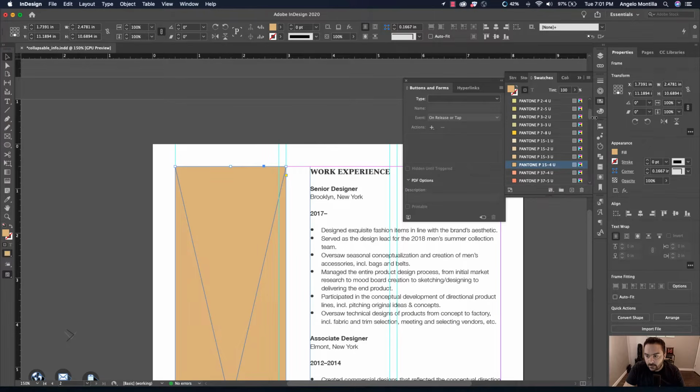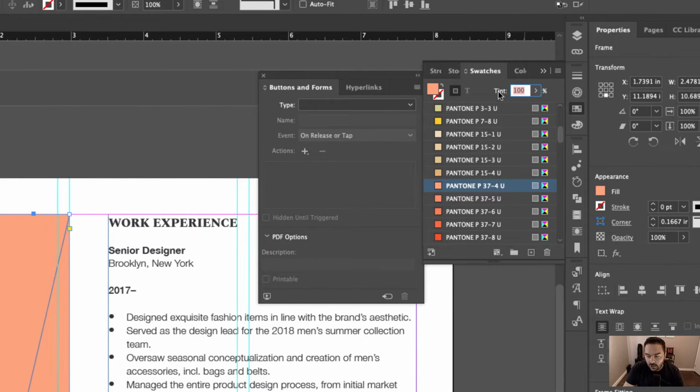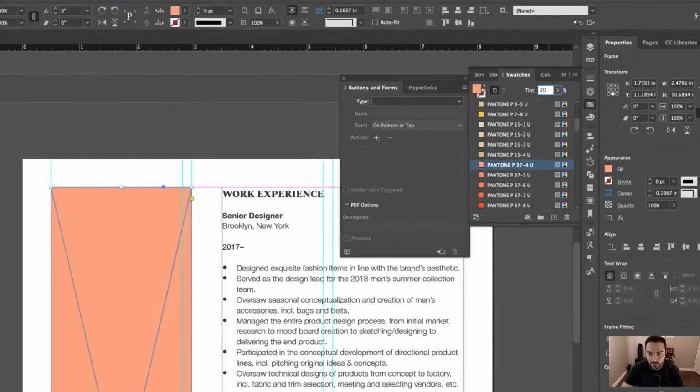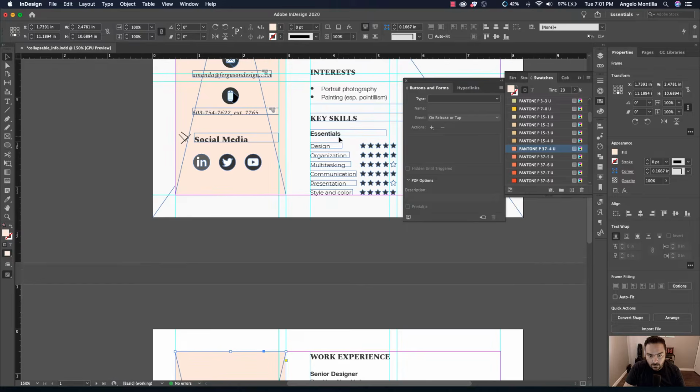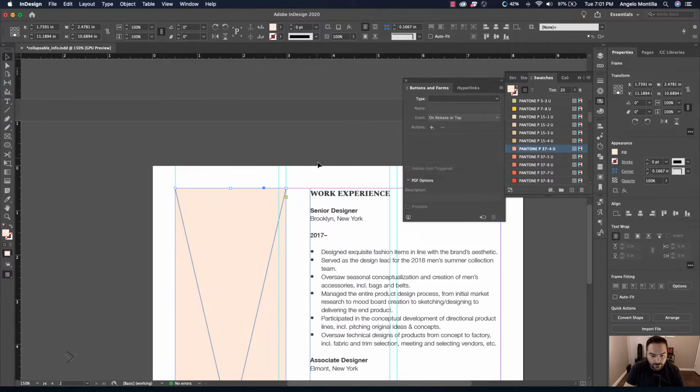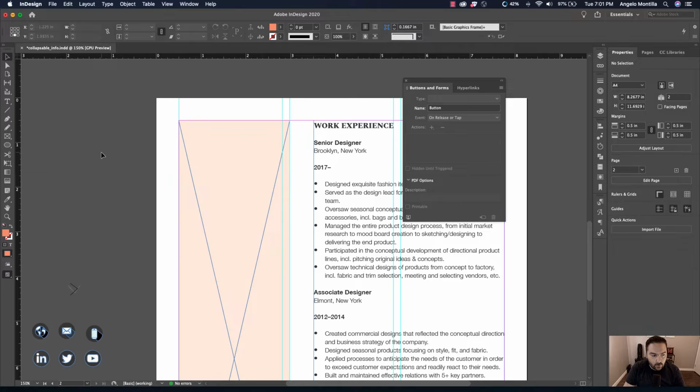And then I do have a color here that I want this. That color there. And I'm going to change the tint of it to 20%. I believe that's the same. Good. Next, I'm going to click and hold the rectangle frame tool to get the flyout, and I do want the ellipse frame tool, so go ahead and click that.